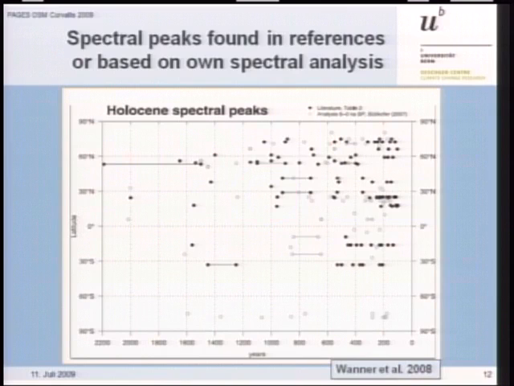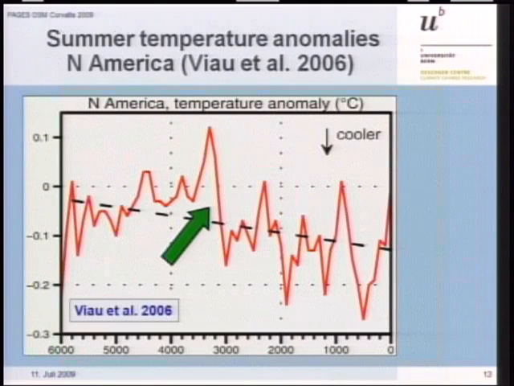And if you're looking at different papers and you're just looking at the spectral peaks, and we also did an additional analysis, the open circles in here, you can find a certain small group around 1,500 years, but it's clear, because of the availability of the time series, there are more short cycles in here, but it's not very significant.